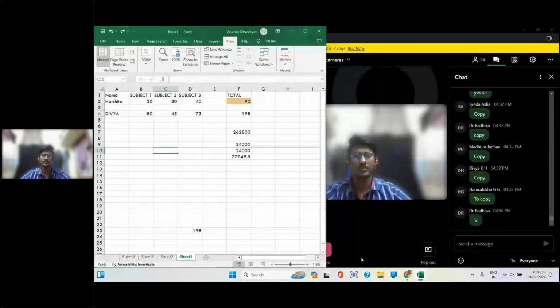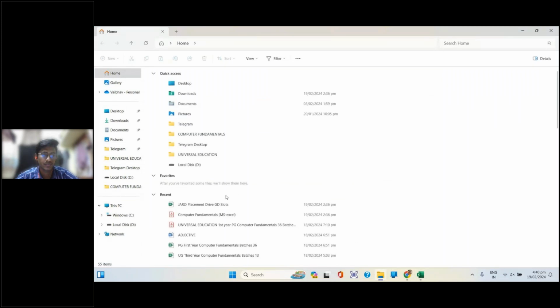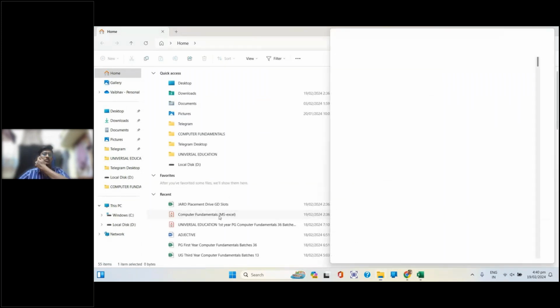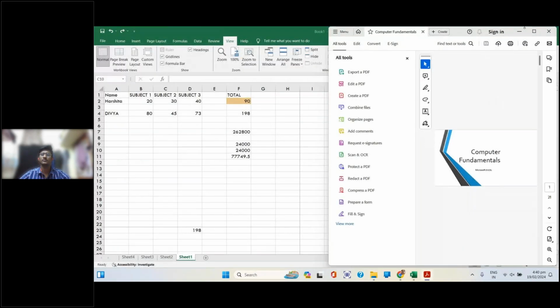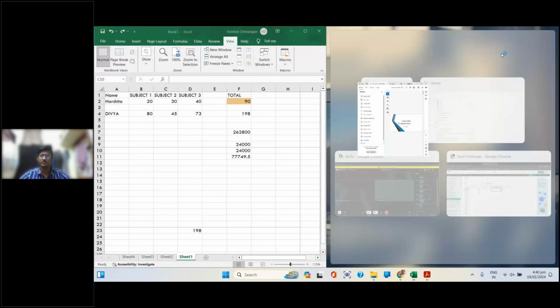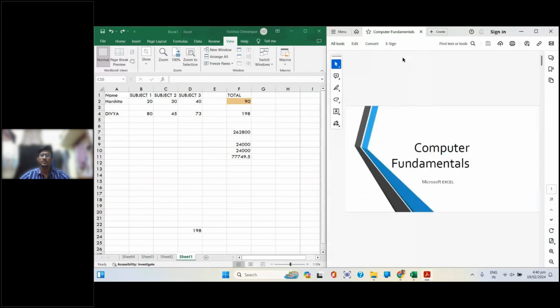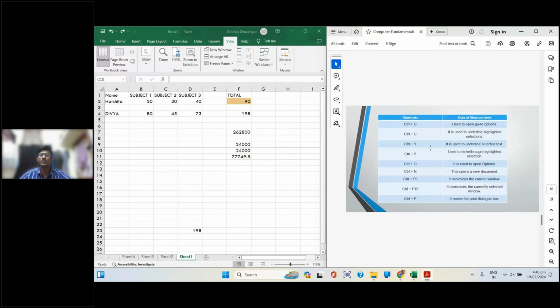So yeah, this was the particular thing. Okay, let me just open that. I have just closed this document. Yes, where we were, Control 5, Control O, Control N, then Control F9 to minimize the current window. So if I want to minimize this particular window,